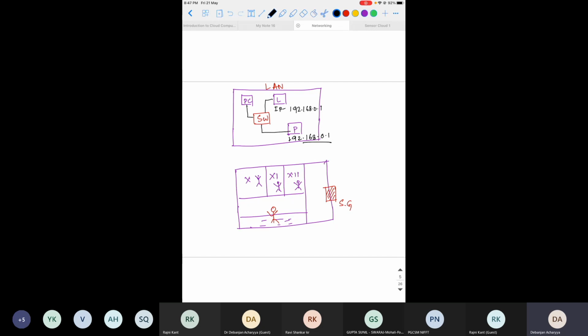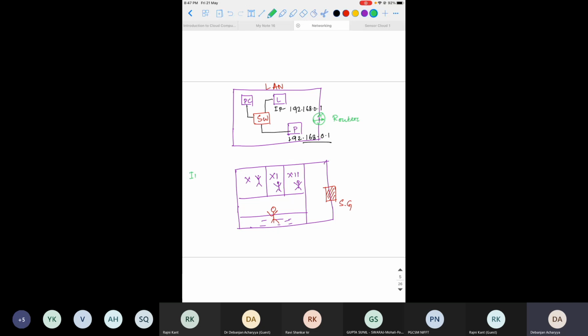Now come to another component that is called the router. What is a router? A router is a networking device that forwards data packets between different computer networks. Now I come to the school example.